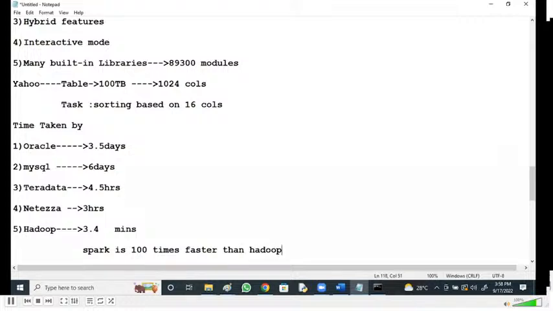Hadoop, right? See the speed of Spark. As compared to the other things, Hadoop has got a high speed, right? But as compared to the Hadoop, Spark is 100 times faster than Hadoop. That's why today Spark has got a good boom. We want to process the data, we want to see quick results. Data needs to be processed quickly. So PySpark is mostly preferred, not only for this, for analytics, for machine learning, the other things, right? Yes. So PySpark is proven in the market, and there are a lot of jobs for this.